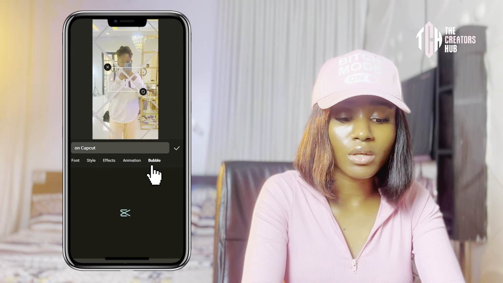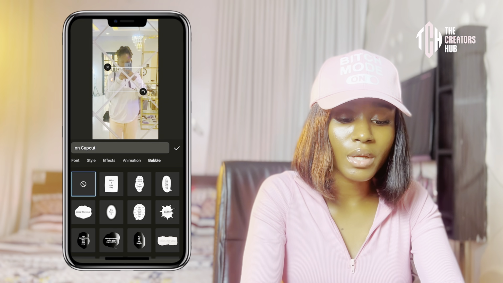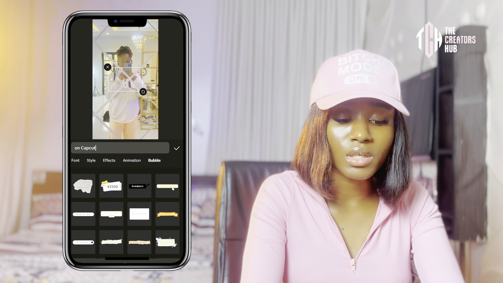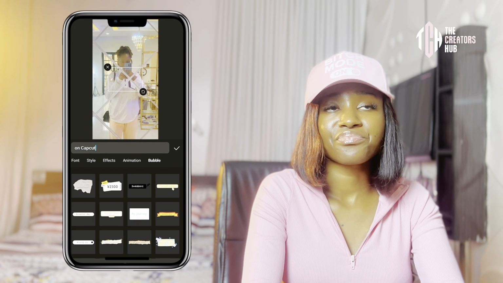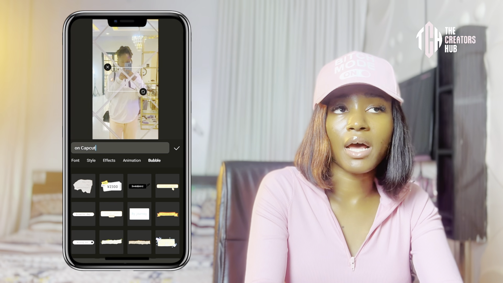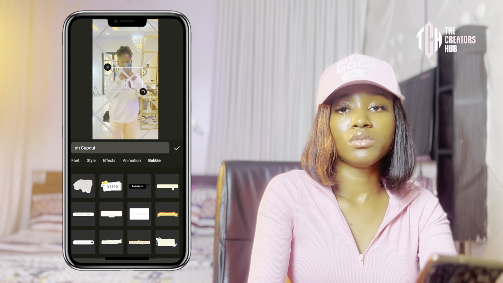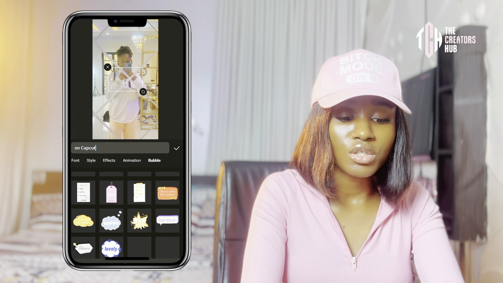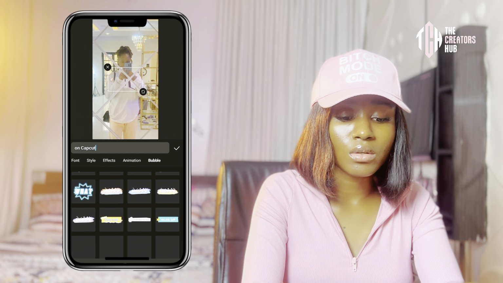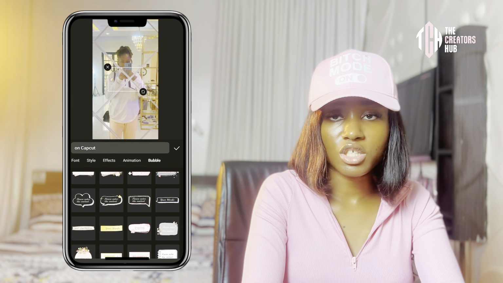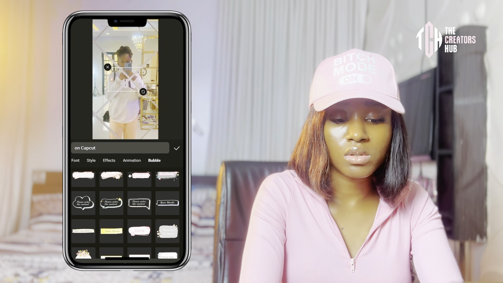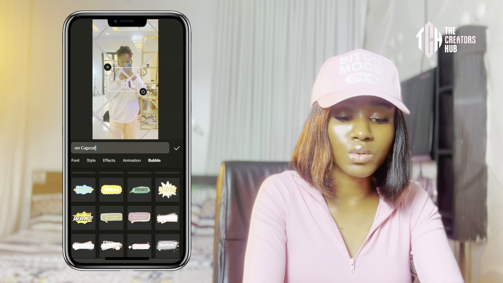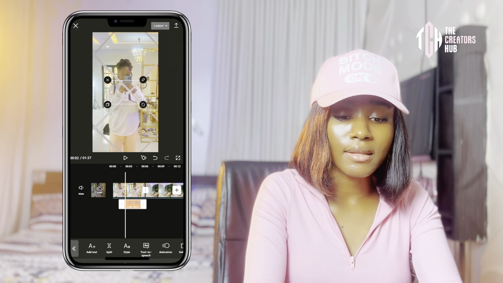So there is also something that they call bubble. Once I click on bubble, we have different options, this is more like stickers where you can place your text. When you click on it, you have, let's say, morning vlog, and it's like a case where you put your text. I don't know if you understand what I'm trying to say. So just try it out and just have fun with it. This one is like a quote and all of that. So once you're done picking or doing all the things you want to do, you just click on this check mark, and that's all for